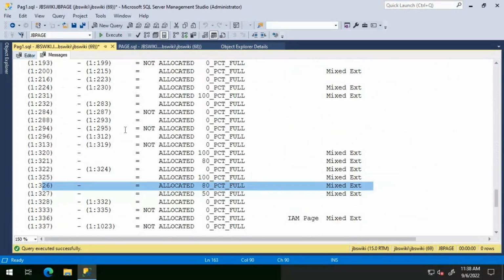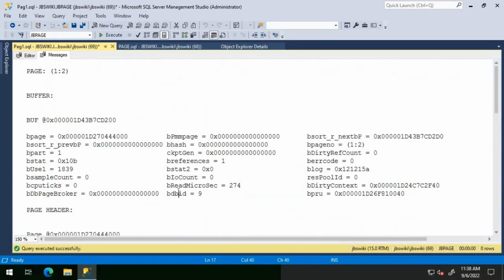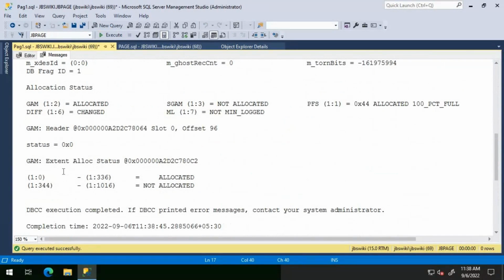So moving on, let's look at the same one. Instead of a PFS page, I'm going to check a GAM page, which is your global allocation map page. If I look at it here, what I can see is this particular extent, as we discussed before,